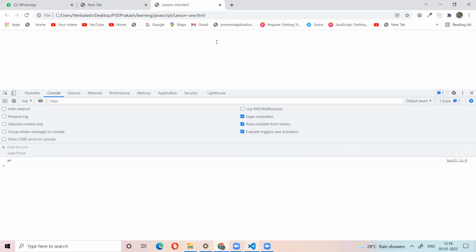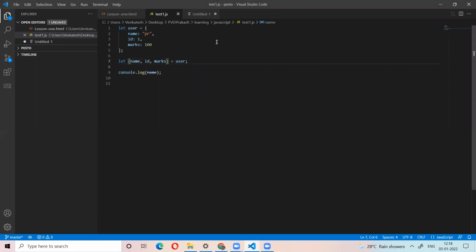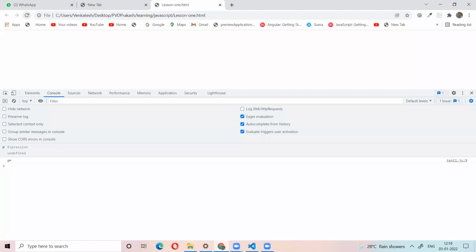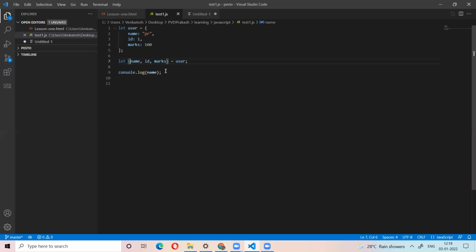So for array destructing, you use the array brackets only. For the object destruction, use the object notation, curly braces like this. Then you will get the output. You understand, right? So the difference between them, let me give the array destruction example.